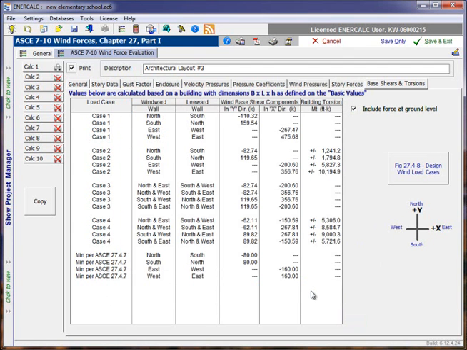So with that, that brings me to the end of the ASCE 7-10 wind forces module. We hope that it's useful, but as always, we welcome any comments from the user base. If there is anything that we can do to improve this, to make it more useful, to clarify any of it, please, as always, don't hesitate to get in touch with us at